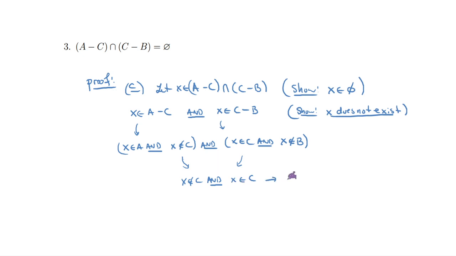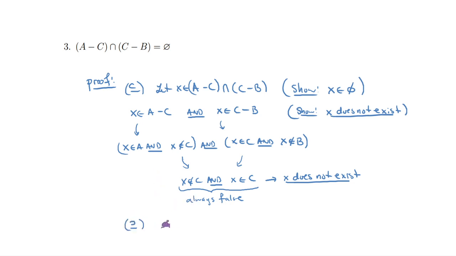So x does not exist. Right, this right here is always false. And the reason is because these two are logical negations of each other, right? So it's impossible for an x to exist that'll satisfy this whole thing. Okay? Now going the other way,